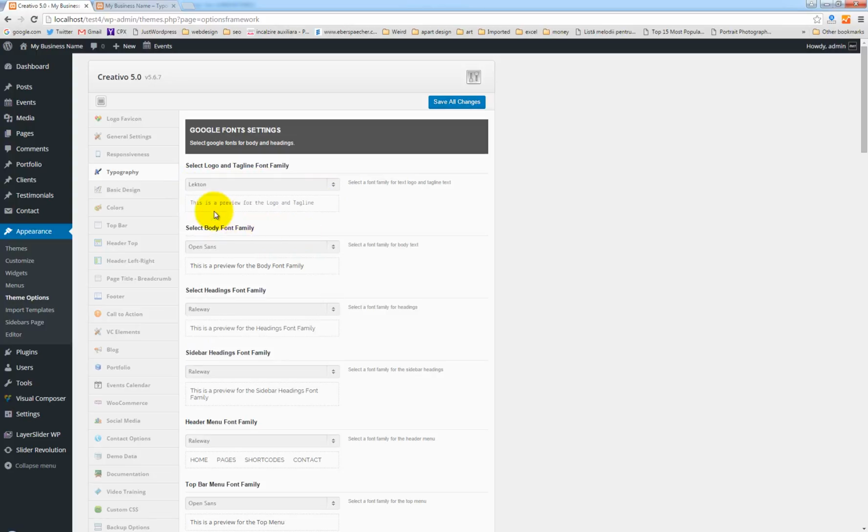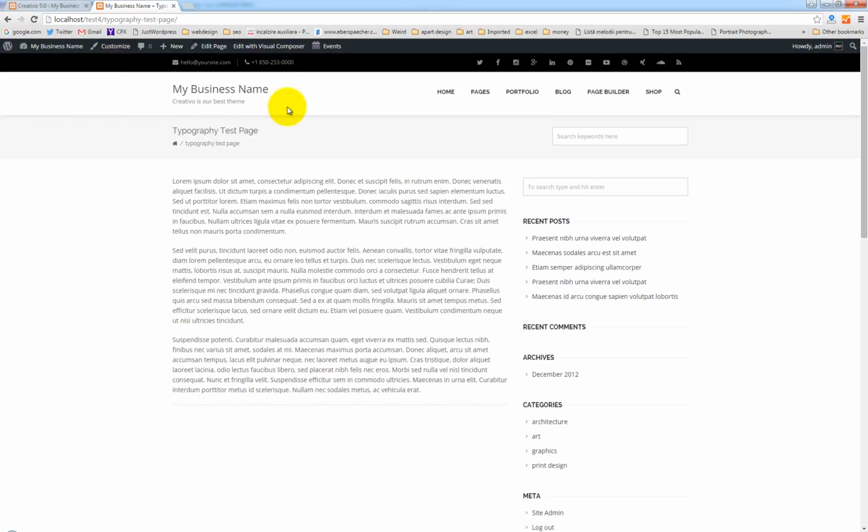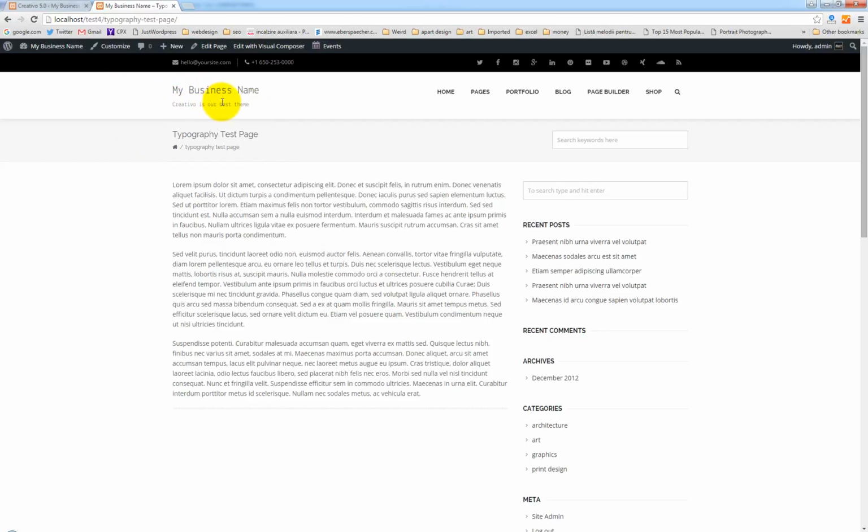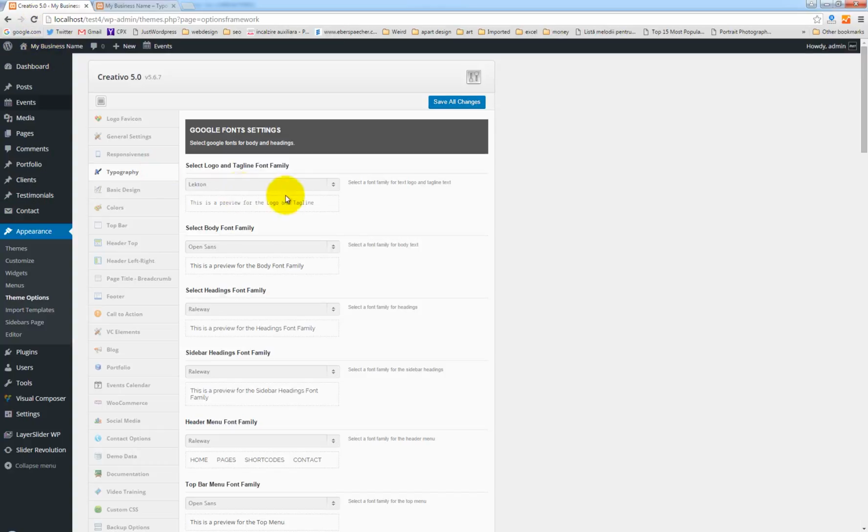So I want to go with Lecton. I have never used this font family before, but it's going to show us exactly how this changes our tagline and logo. And as you can see now, the new font family is in action. We changed that in the team options, and the site has been updated accordingly